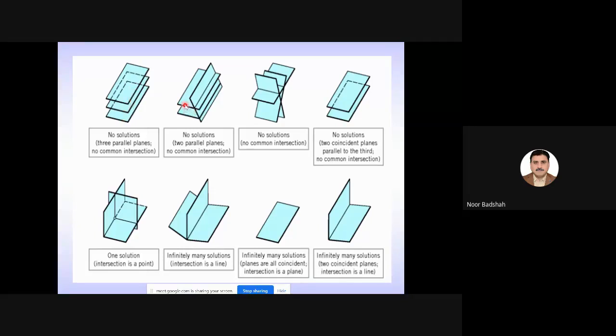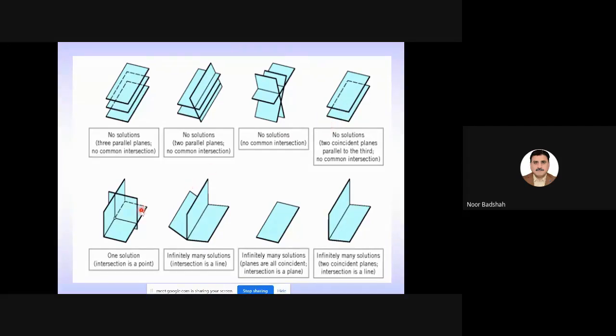If two of them are parallel and the third one is not parallel, again no solution. If they are forming a sort of triangle, again there will be no solution. There is possibility that two planes are same and the third one is parallel to them, again there will be no solution,